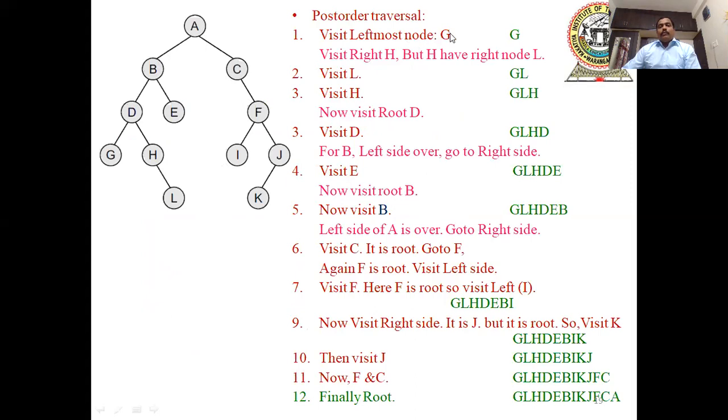First we have to go for the left side. The leftmost element is G, so we start with G. Then the right element of this node, we have to check this portion. What is the right element? H. When we are visiting the right, it acts as a root. For this portion, on the left side there is no child, on the right side L is there. So L, then H. So this portion we will get LH. Finally, for this portion, what we are getting is G, LH, then D. The same thing we will discuss with the paint.